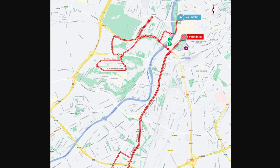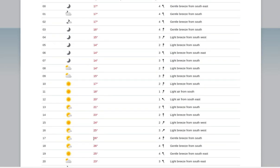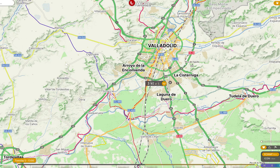So the weather will be really nice, as we can see here, some 23 degrees by the time riders start, and it will be like 26 once the final rider Sepp Kuss finishes the race. So as we can see, the wind will be from the south, and we can just check how it's going to shape up tomorrow. So this is at 2 o'clock when we have the first riders, and then once the final riders start, it will be a bit